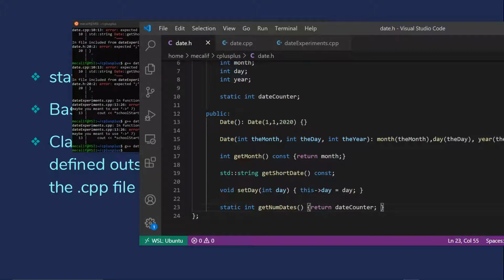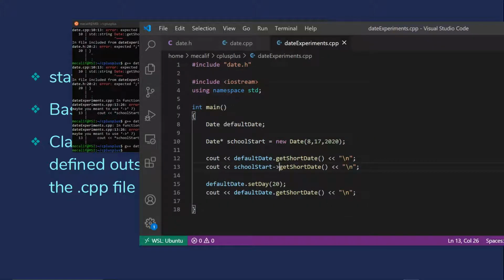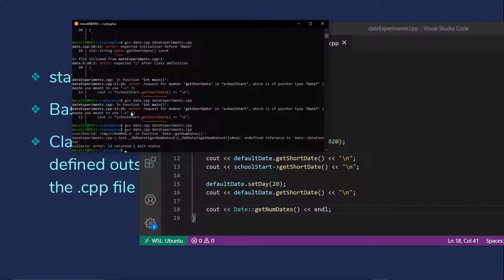Now, so far, this looks pretty familiar, but if we try to use it, it's not going to work well. Let's add something right here that actually uses it. So, cout. Now, how we call statics is we're going to use the class name, just like we do in Java, but we're going to need the :: operator to do it. So it's going to be Date::getNumDates. What did I call it? Get num dates. Okay, now if I try to compile this, it should not work